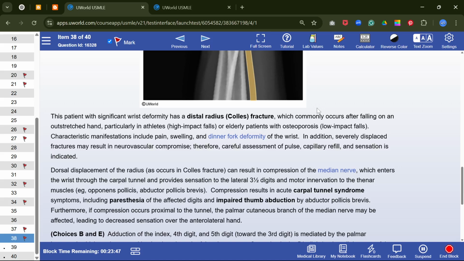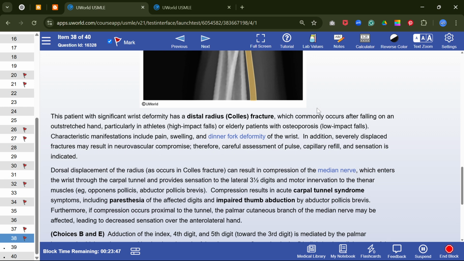Low impact falls. Characteristic findings include pain, swelling, and dinner-fork deformity of the wrist. In addition, a severely displaced fracture may result in neurovascular compromise. Therefore, careful assessment of pulse, capillary refill, and sensation is indicated. Dorsal displacement of the radius, as occurs in Colles fracture, can result in compression of the median nerve,